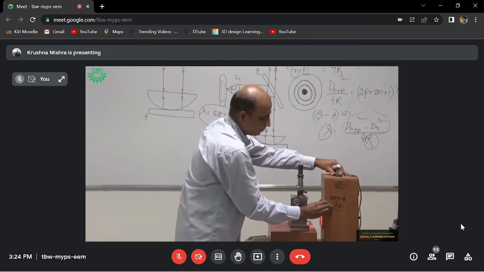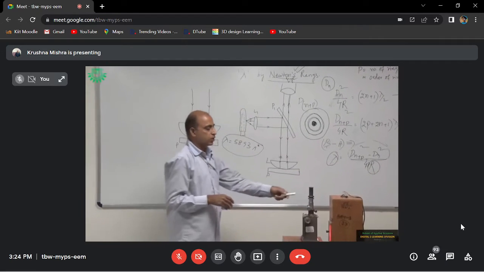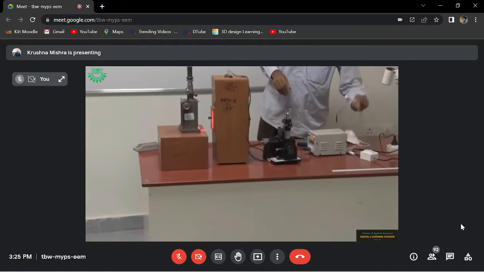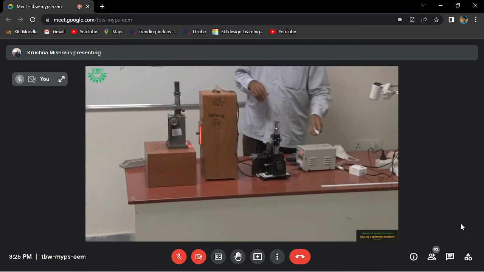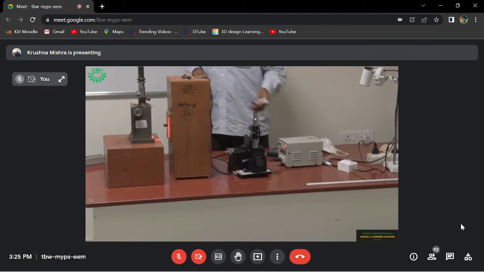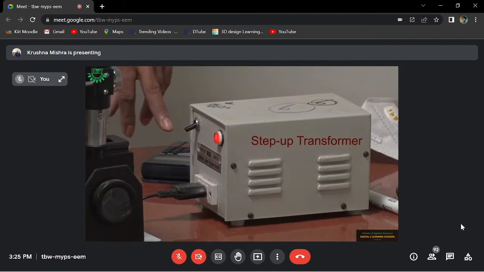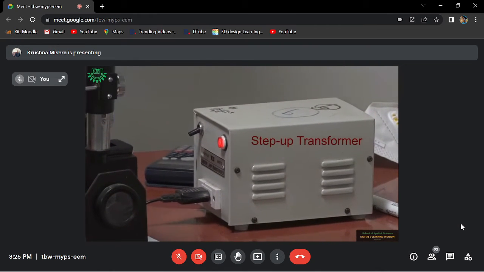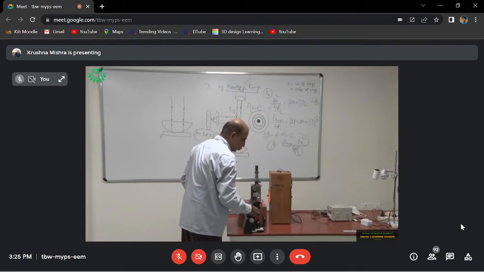It is not connected to the power supply directly; we use a step-up transformer of 35 watt. We cannot connect it to the power supply directly, so with 440 volt this lamp can glow. That's why we are using this step-up transformer, and it provides enough power so that it can glow constantly. I have taken two apparatus here.